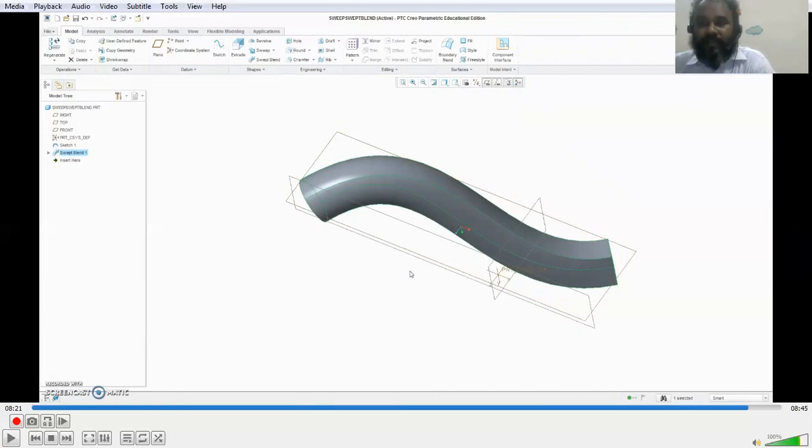So I think the idea of creating different cross sections which cannot be so